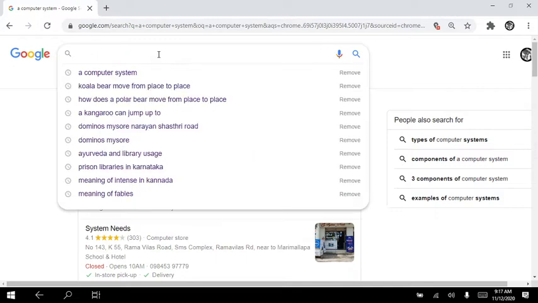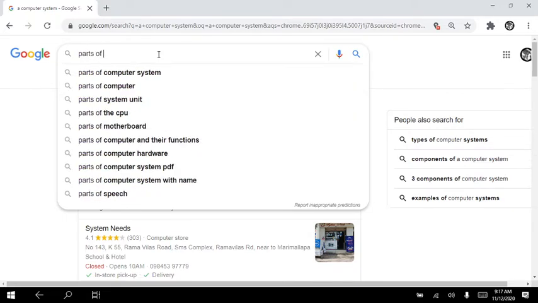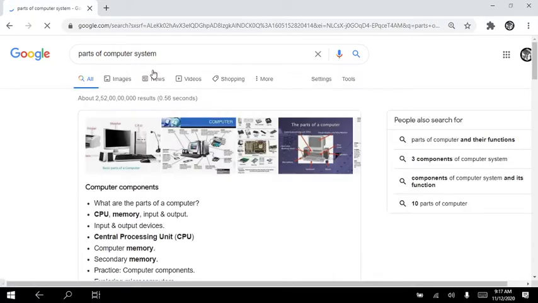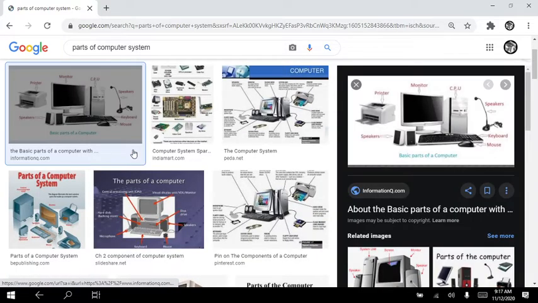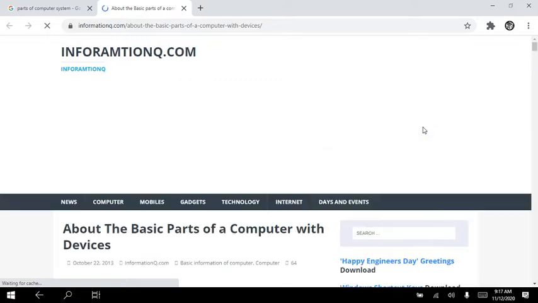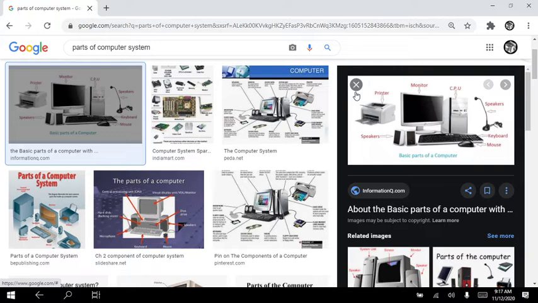It's an electronic machine that can take in the input, store it, process the data and generate the information, and in less time. The next point is it does not take more time, but in a very short time it gives you the results.